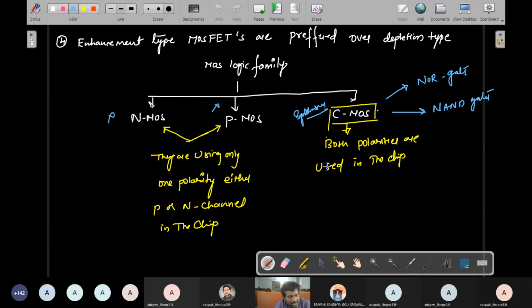Okay, so right now we are discussing first the CMOS NAND gate, and after that I'll move to the CMOS NOR gate in this class. From this topic only one topic is remaining, that is called ECL. So tomorrow I'll explain ECL, emitter coupled logic. After that I'll start the fifth unit also. Continuing, there is one more topic, that is called comparison of logic families. After the comparison of logic families, this chapter is completed. Okay, we will move to the fifth unit, first chapter. So I think tomorrow's class will complete the unit.